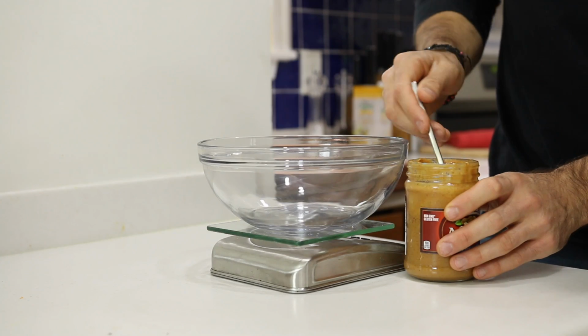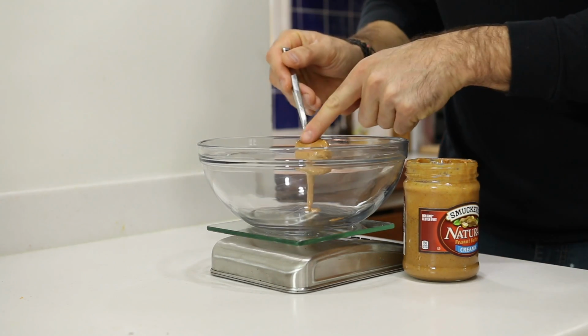The good news is that each bite only has about just over 2 net carbs, which is just bonkers crazy because they taste like they should have way more carbs than that. And if you make them, you're gonna know exactly what I'm talking about here. So with that being said, let's jump into this recipe. Let's make these bites. So the first thing we're gonna do is get out a large bowl, our food scale,